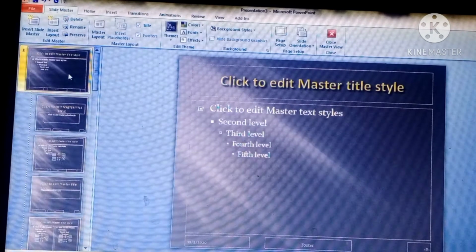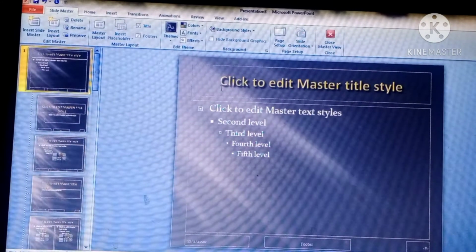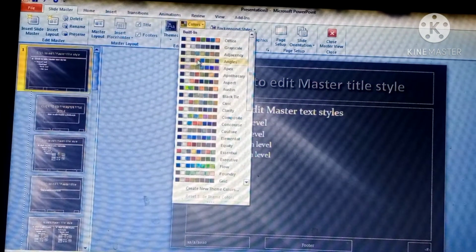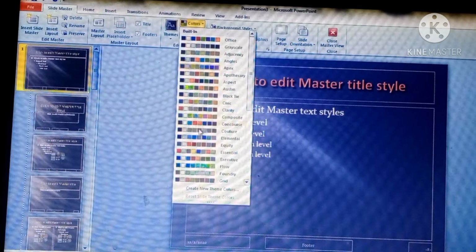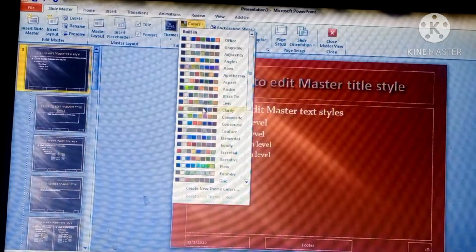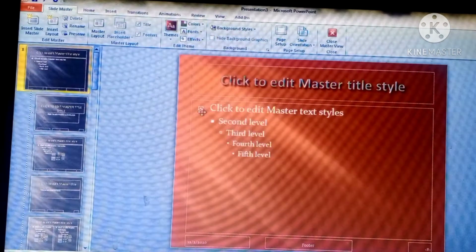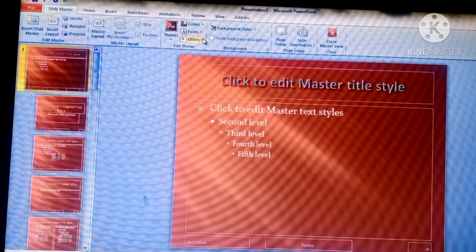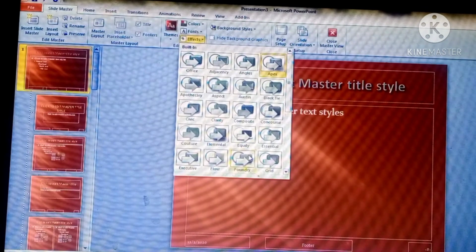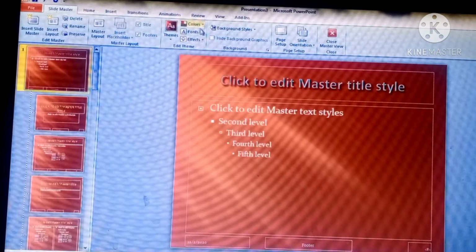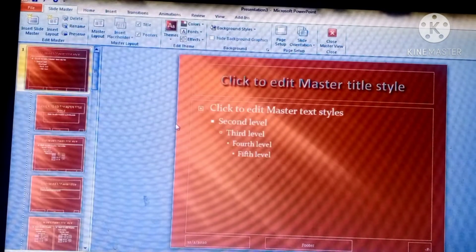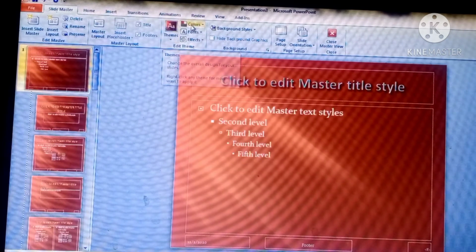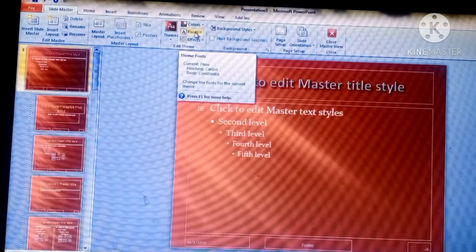Now again I am going into the master slide. Next, how you can change the colors like this. You can change the color of the text. Now this is changed in all the slides. Similarly, you can apply the effects. This is all about this Edit Themes. In this we can change the themes, we can change the colors, we can change the fonts. And next is